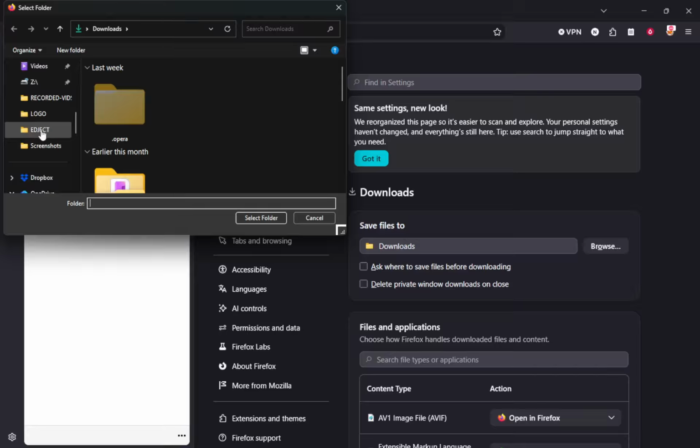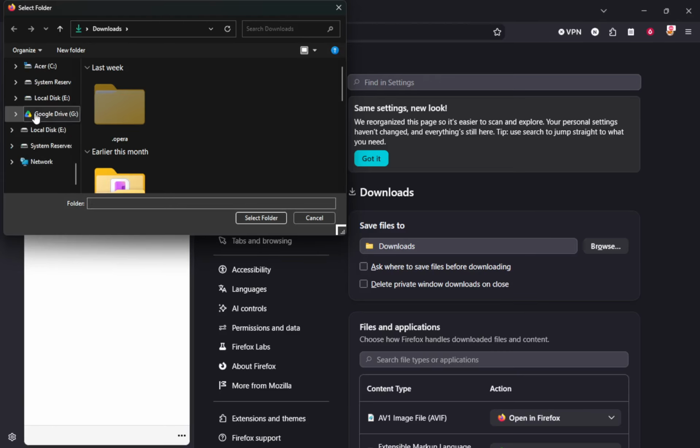You can click an existing folder, like Desktop, if you want new downloads to appear right in front of you, or you can choose a dedicated folder you already use for downloads. Take a moment to be sure you highlight the folder name itself, not just the drive or a higher-level location, so Firefox does not save into an unexpected place.